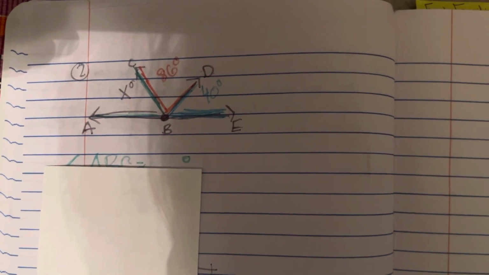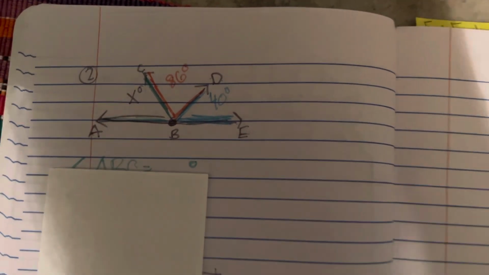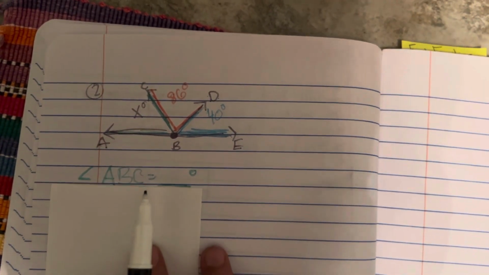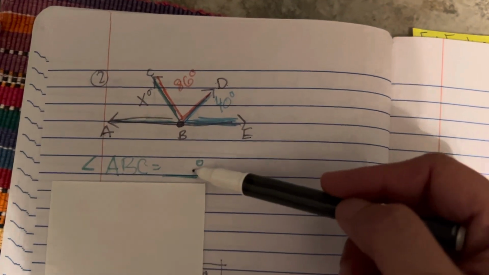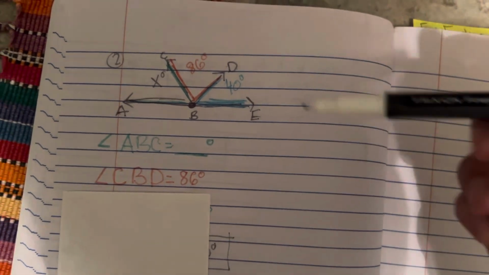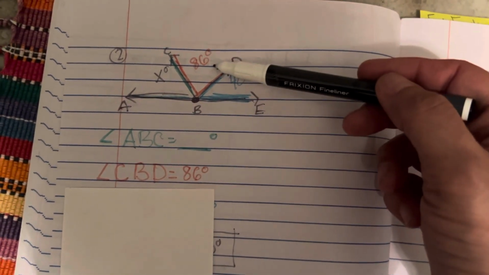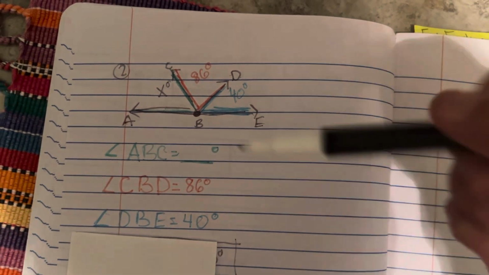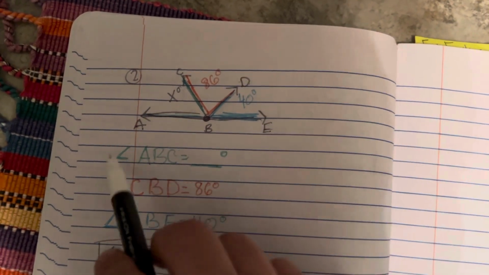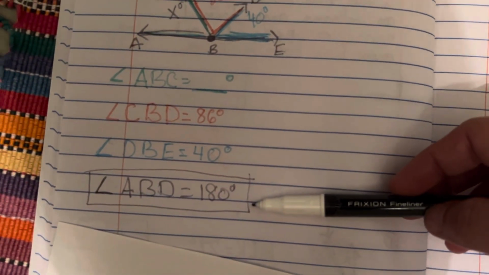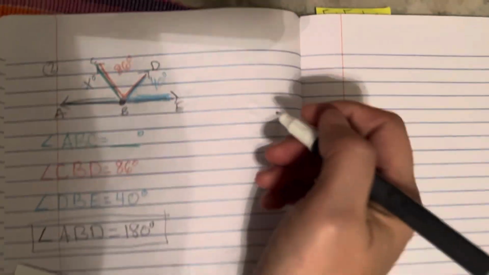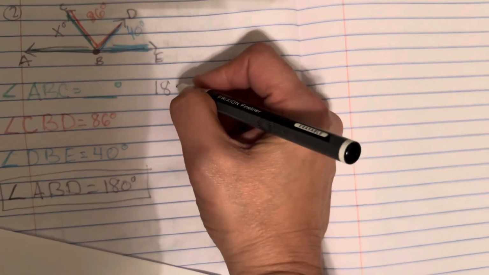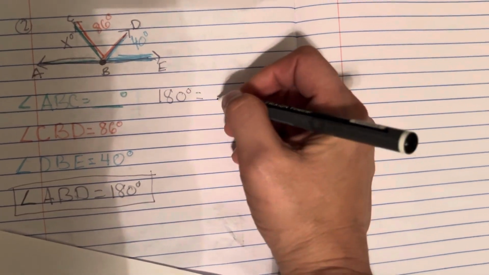And we have some known information and we have unknown information. And I already color coded our adjacent angles. Notice they're next to each other. We know that angle ABC is unknown to us. That information, this we know. CBD, 86 degrees. And then we know that there's DBE, 40 degrees. So we already have it written down. And this is a straight angle. So I wrote the measurement for a straight angle. I'm going to look at this with the information that I know. I know my straight angle is 180 degrees. And it is equal to